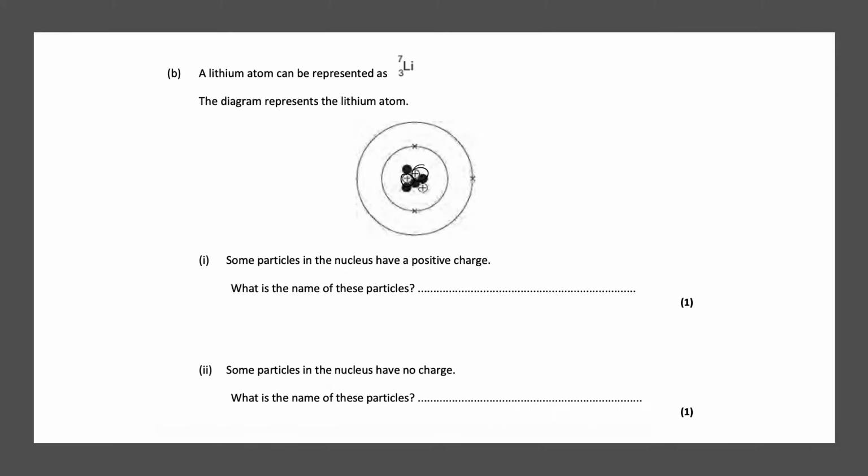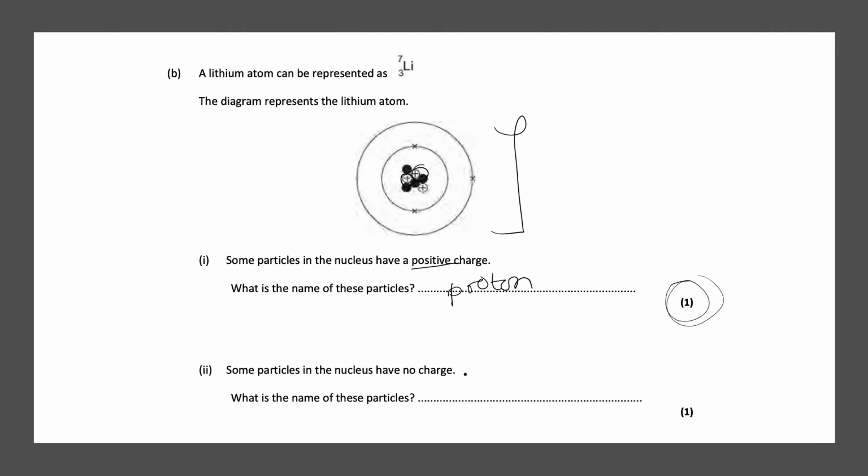So let's get started. Our first exam question states a lithium atom can be represented as Li 7 at the top and 3 at the bottom. The diagram represents the lithium atom, so this diagram over here. Some particles in the nucleus have a positive charge. What is the name of these particles? So the keyword here is positive, so we know it's going to be the proton,